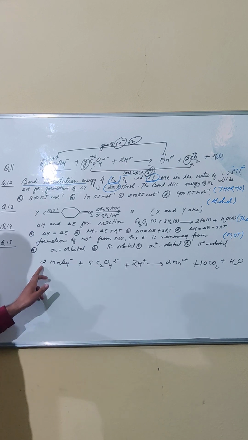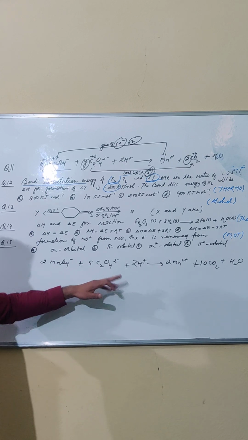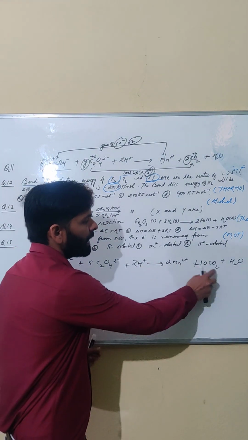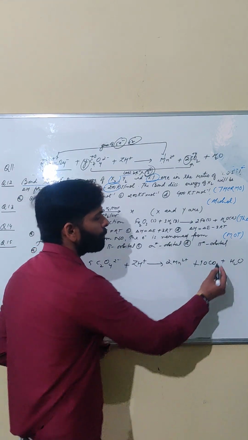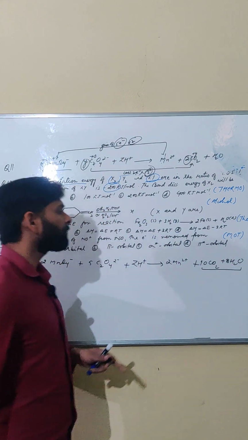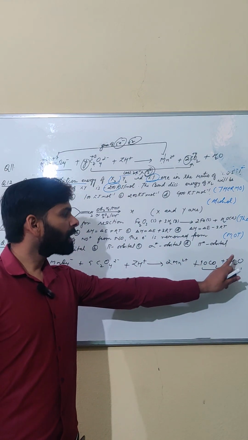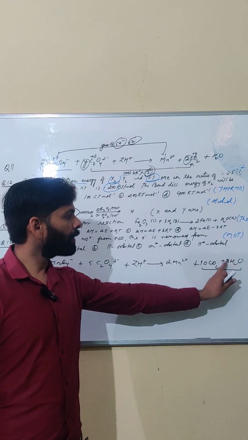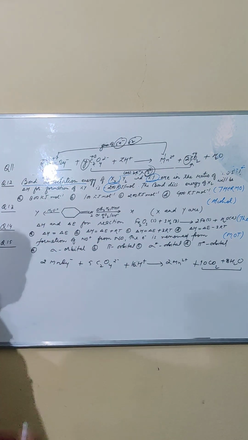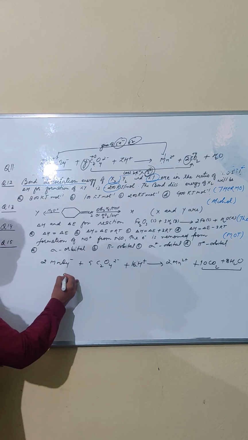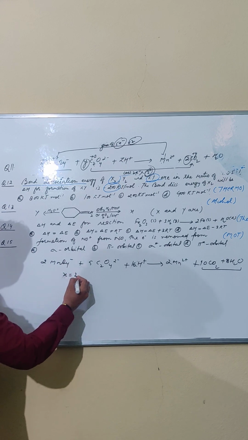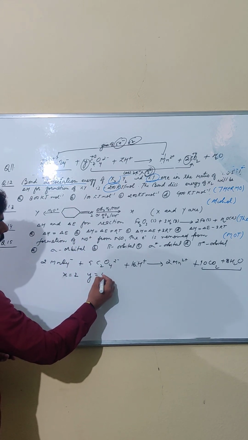After this, balance the oxygen atoms on that side where the oxygen atoms are deficient. On the left side 2 4s are 8 oxygen and 5 4s are 20, so we have 28 oxygen on the left hand side. On the right hand side 10 2s are 20 and only 1, so put 8 here. Now it becomes 28: 10 2s are 20 and 8, 28. After balancing oxygen, now see the number of hydrogen atoms. Here 8 2s are 16, only 1, put 16 here. In this way the whole equation got balanced, and the value of x is 2, y is 5 and z is 16.